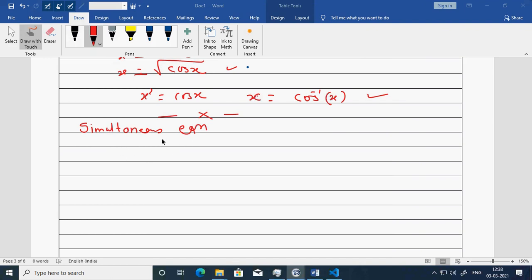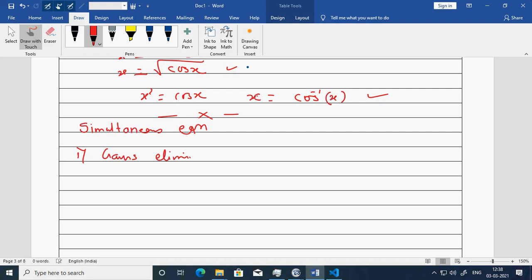Fine. So we'll be starting a next unit called simultaneous equation. Here we have to study 4 methods. First is the Gauss elimination with partial pivoting. Okay, so this is the first method.